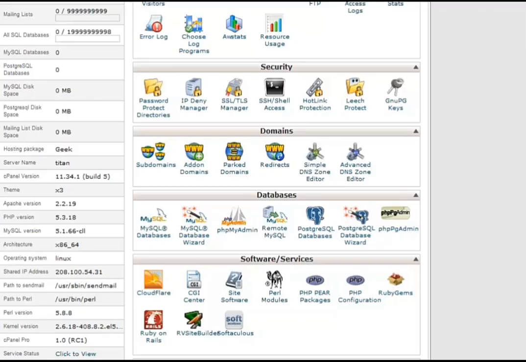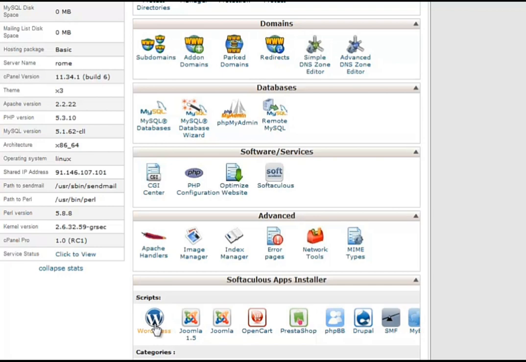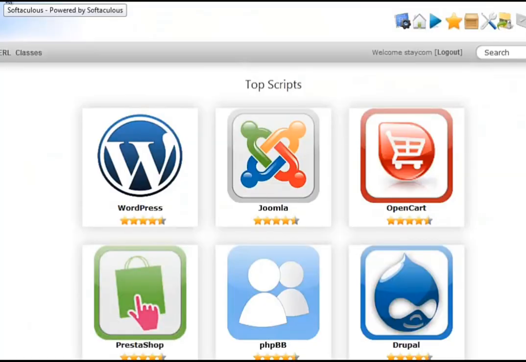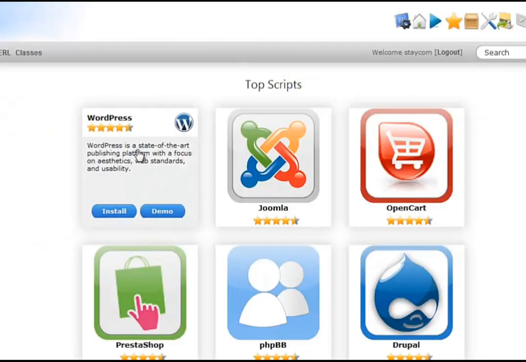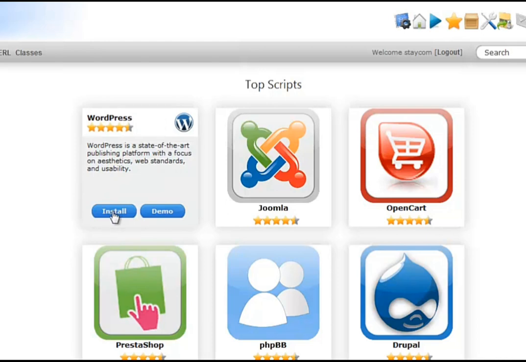Hello, your web host, if they don't have Fantastico, might have something called Softaculous, and depending on your control panel it might look as this one does down here, or it might look like this where it just tells you that you can install various apps and gives you the popular ones rather than making you jump through hoops. Either way, if you click on the Softaculous link, if you get that option, then it'll give you all the popular ones there, and one of those is WordPress, and you click on install,